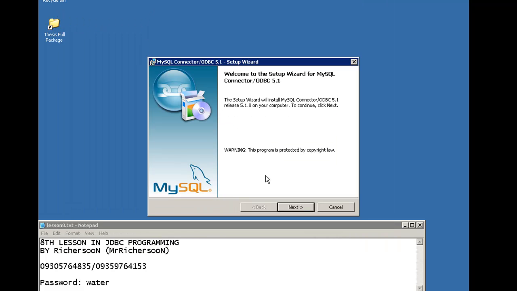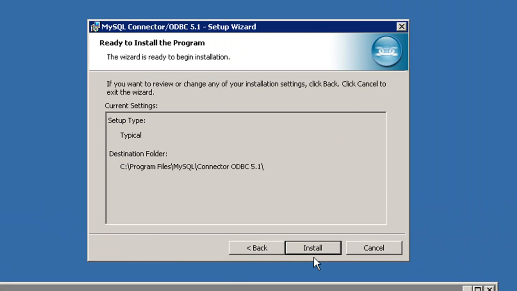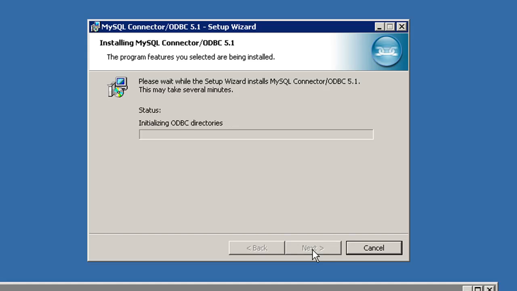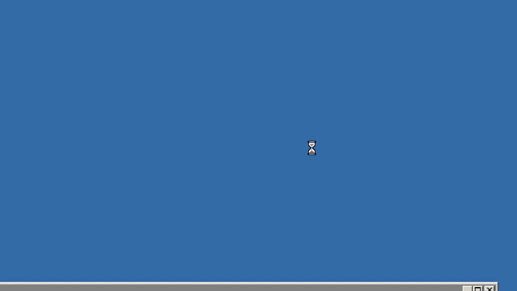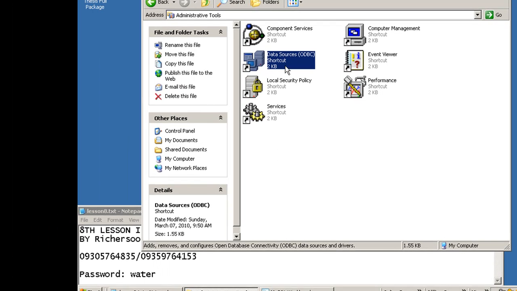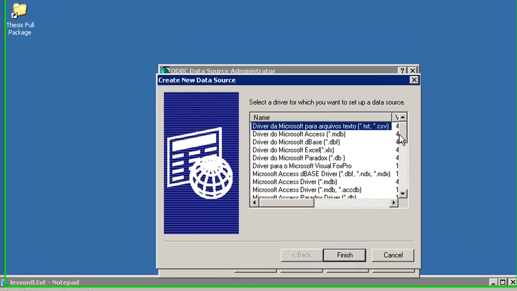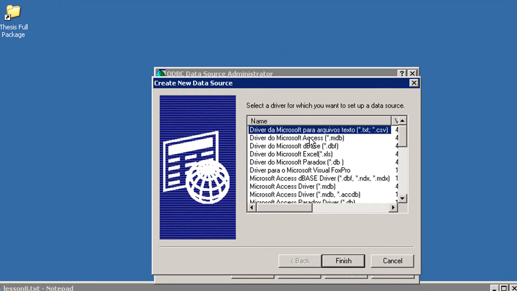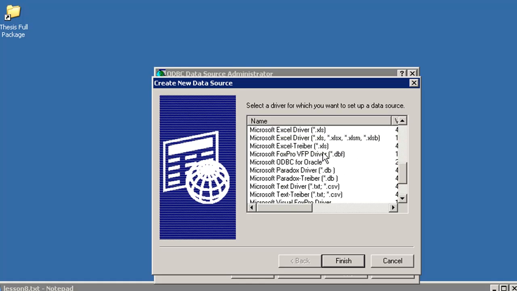Typical, install. Okay, click finish. Now we check again. Click add and look for the DSN for MySQL. Okay, this one is the DSN for Microsoft Access. That's not what we're looking for.